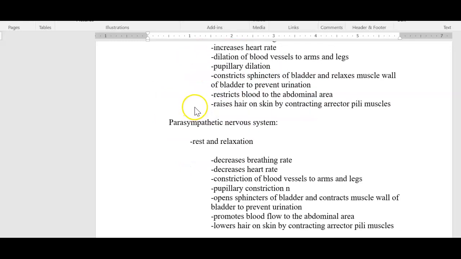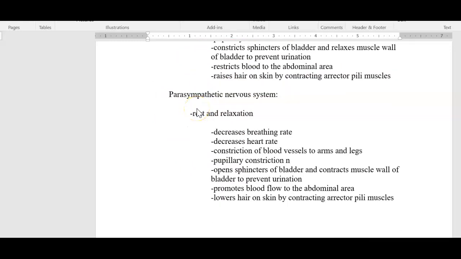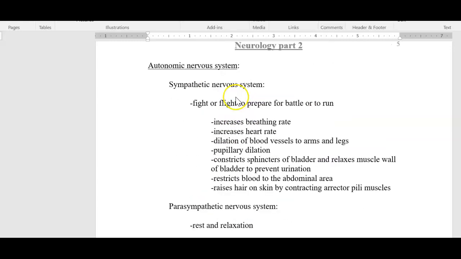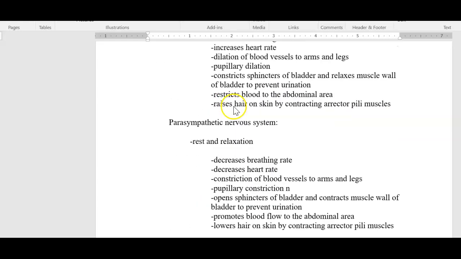Finally, your little brother comes out of the bathroom. You yell and scream at them. You get back into the bathroom. You finally get onto the throne. And suddenly, rest and relaxation. Now you're more calm, and then you void. It's a more interesting perspective, but it shows the difference between the sympathetic and parasympathetic nervous systems.